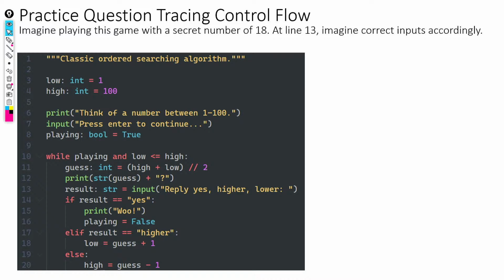I'll say that line 6, you don't have to worry about writing that out as output. Just focus on the variables and then what gets printed inside the loop.